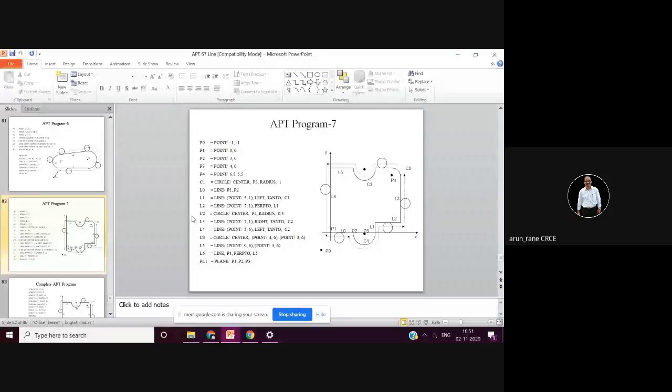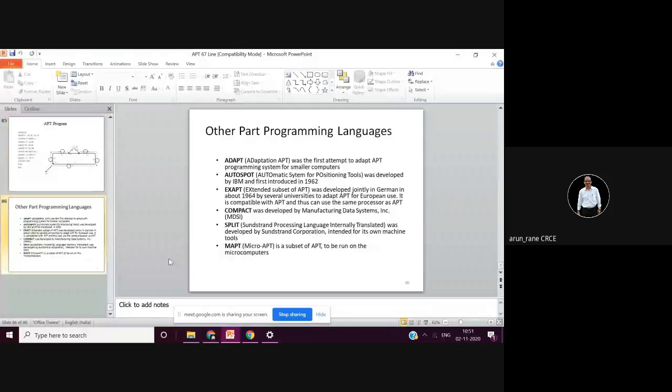Yeah. So now you have one more example. Before that, I'll tell you that last slide. Other part programming languages are: ADAPT, AUTOSPOT, EXAPT, COMPACT, SPLIT, and MAPPT. Again, this is just for your knowledge, not useful for examination.